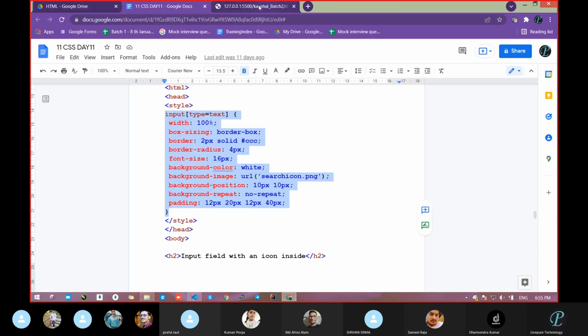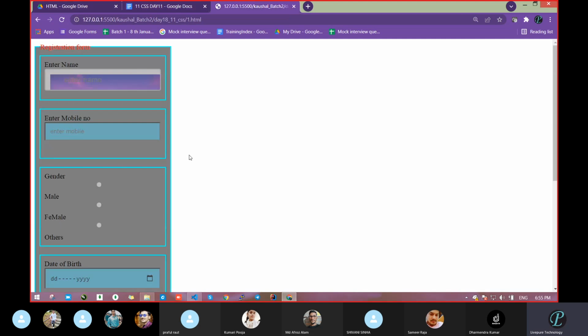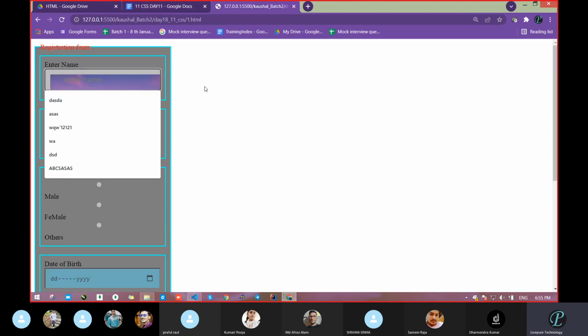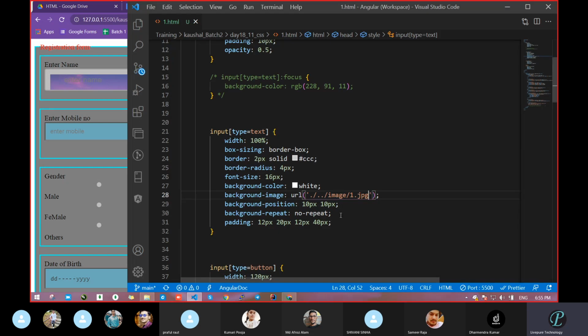Let's save. Let's see. Where did that go? Oh my god, this much size is there, because of that image. I have to reduce it. Where is that? Height and width. Oh, by width is this one. That's right. Let's save. No, still save. Oh, the pixel unit was removed. Okay.